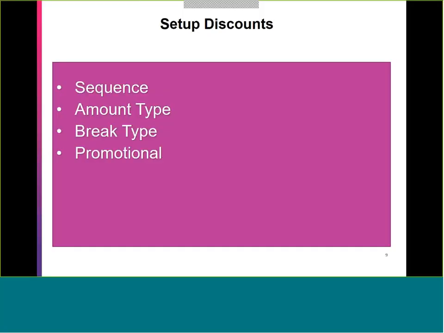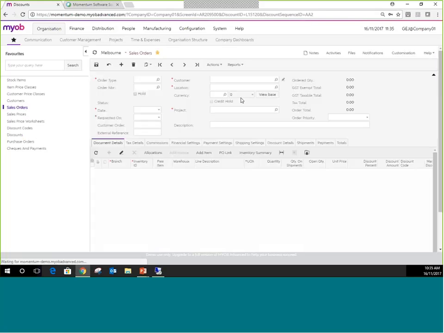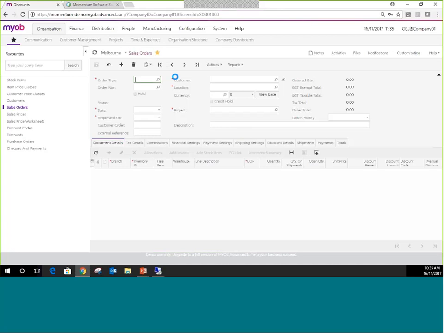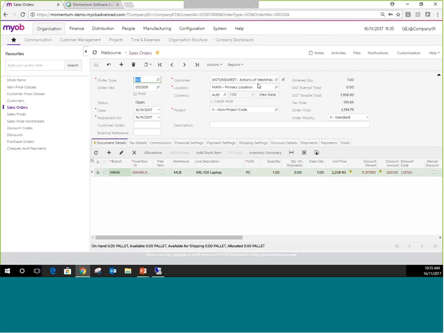So there's different combinations of all of those that you can do. If I have a look, I've set up a particular order in the system here. This particular order is for this particular company, and I've set it up so that my pricing here is set with a discount percentage. It calculates the discount percentage and the discount amount, and it tells me what the